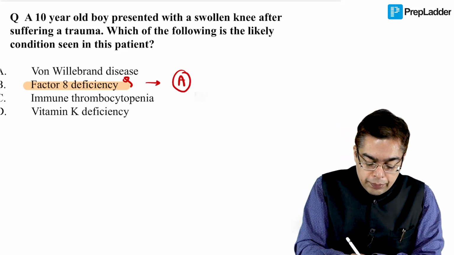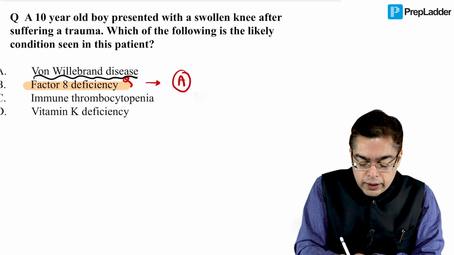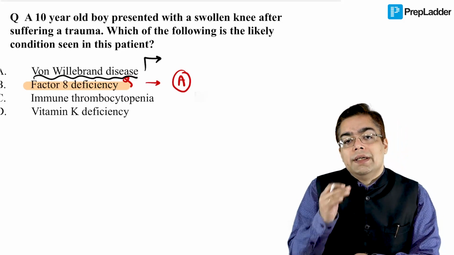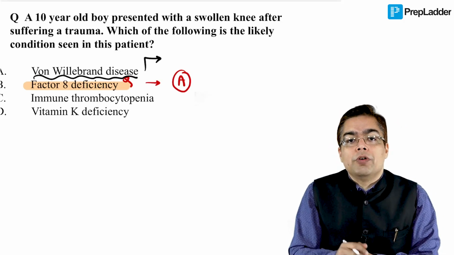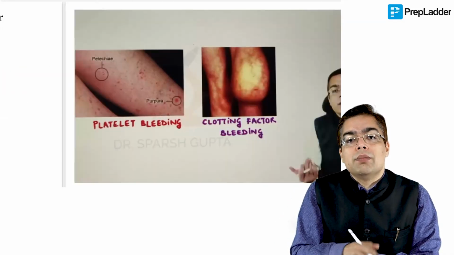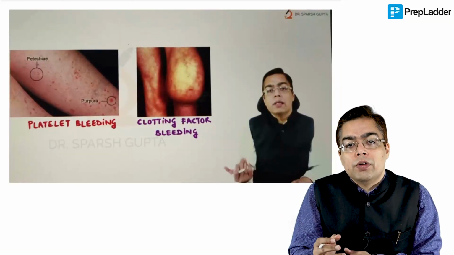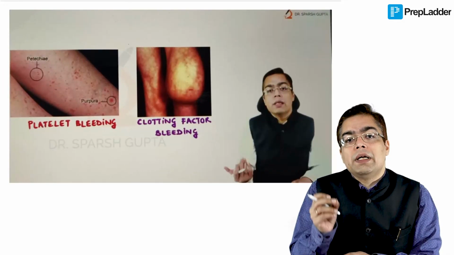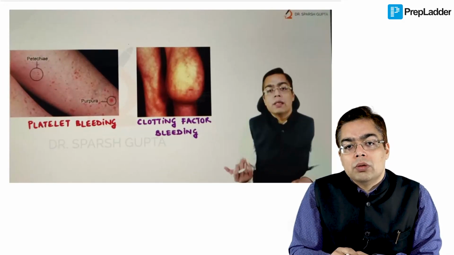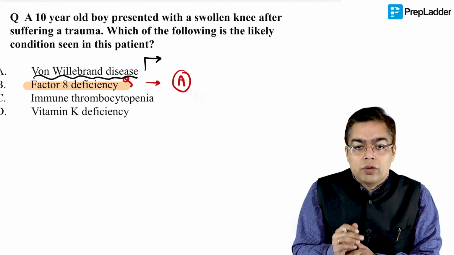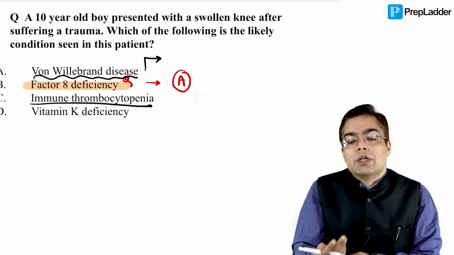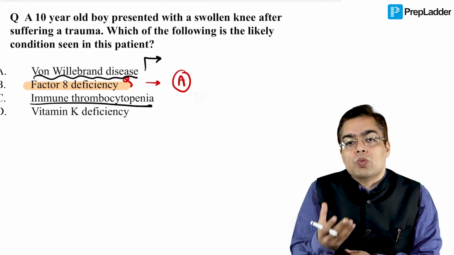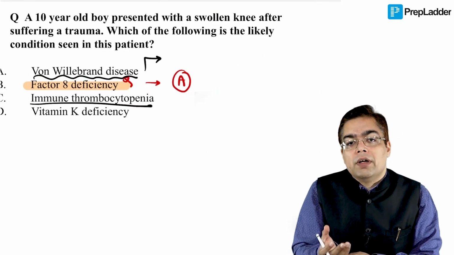Why do I rule out something like the presence of von Willebrand disease? Because von Willebrand disease is associated with dysfunction at the level of platelets. So the patients are going to be having the presence of a mucosal bleed, similar to the platelet-like bleed that you would expect in the patient. So either petechiae or purpura, or you can be having mucosal bleeds. That is what is going to be seen in case of von Willebrand's. When we are talking about something like immune thrombocytopenia, obviously a platelet problem. So petechiae, purpura and skin rash is what is going to be manifested or given in the question.